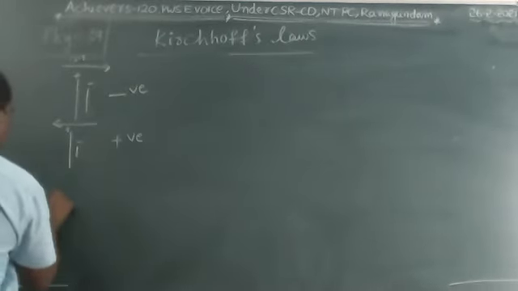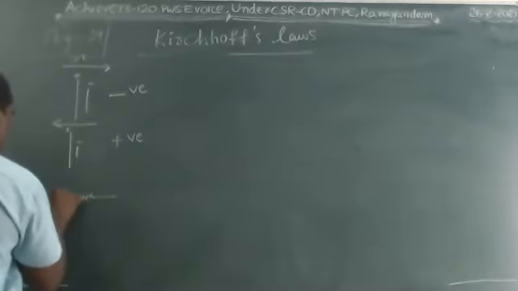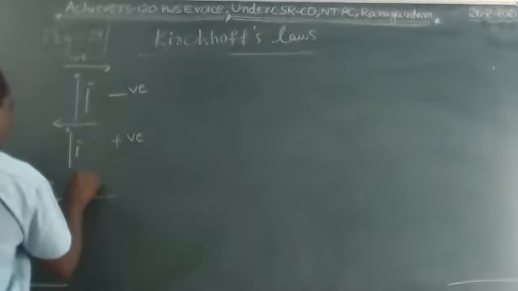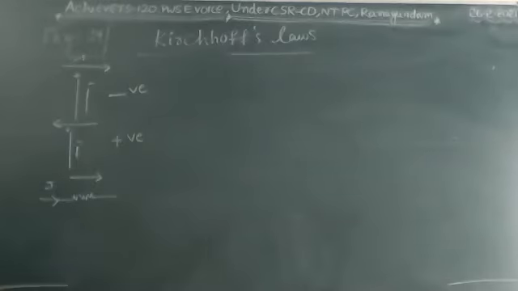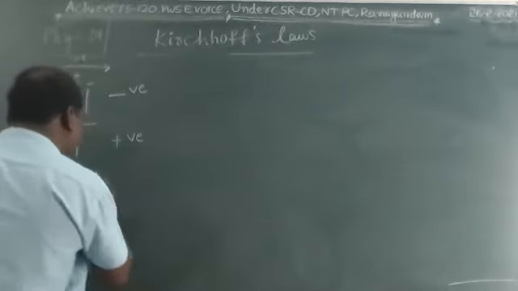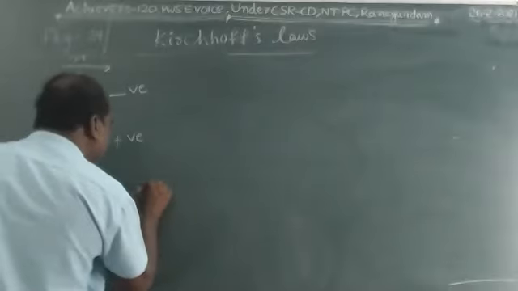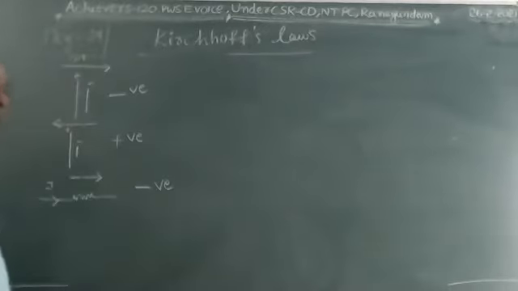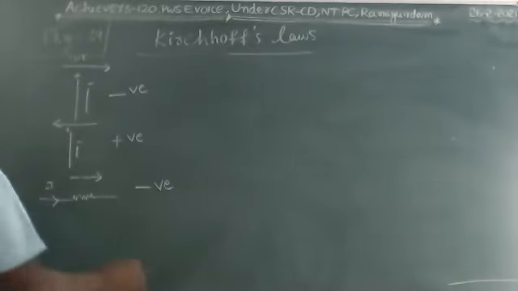And next one. It is the current direction I and it is the potential difference direction. See, the current direction and the potential difference, meaning voltage, direction are both in the same way, the same route. If the current direction and potential difference direction are both in the same route, then the component value is taken as a negative.